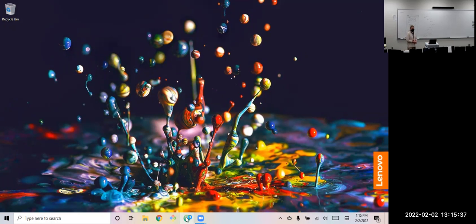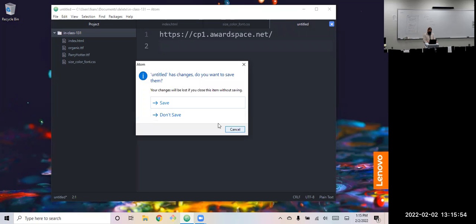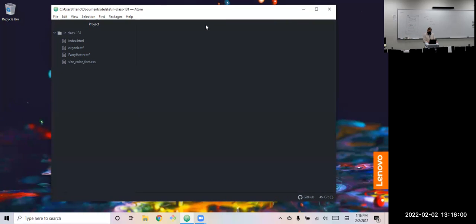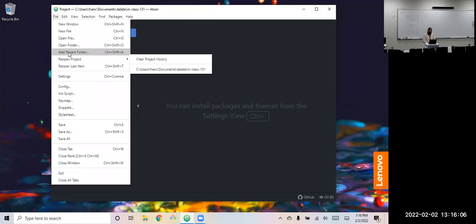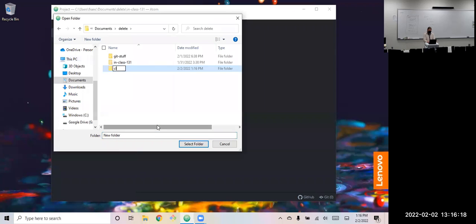So once again, I'm going to use the Atom text editor. I did a factory reset over the weekend. That's the only text editor I installed on here. I should probably install some others. Oh, I can close these. Close that. I already copied that. I'll save. Close that. Close that. Add another project in here. New folder called class